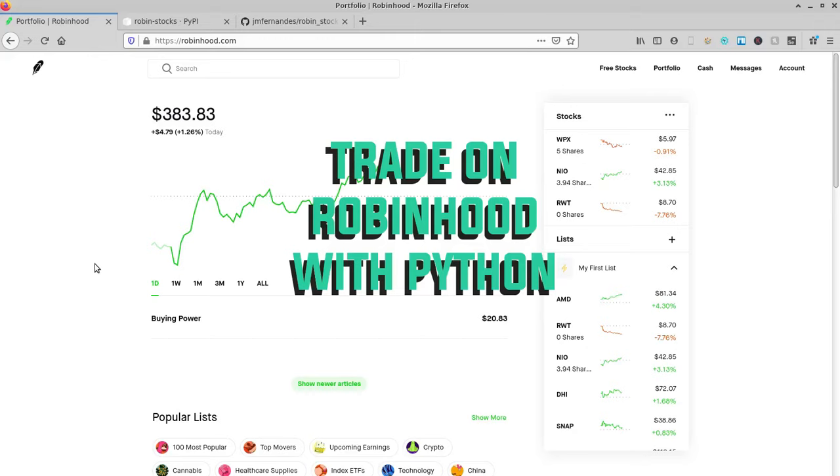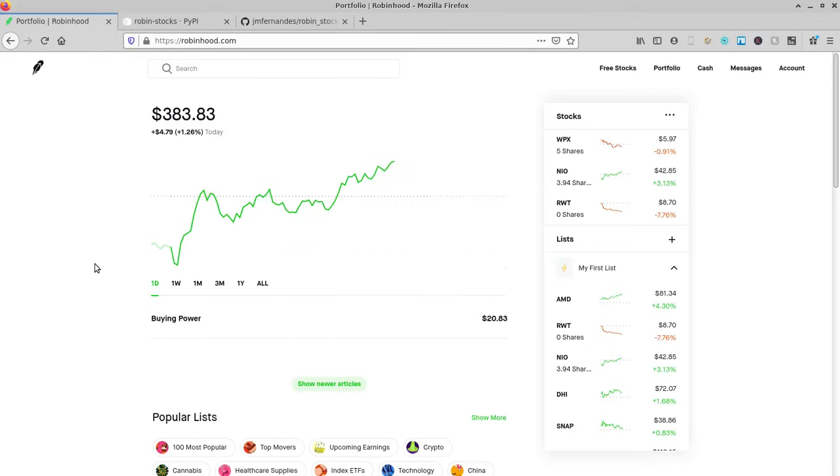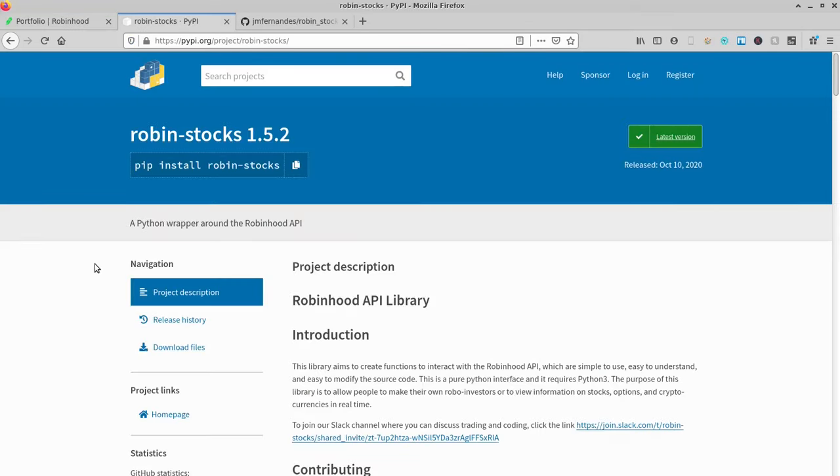How's it going, everybody? My name is Avery, and today we're going to be covering this API that I just found. It's a Python API that allows you to do trades and access your Robinhood account. I just set up my Robinhood account a few days ago. This is what I've got going so far. And the API is called